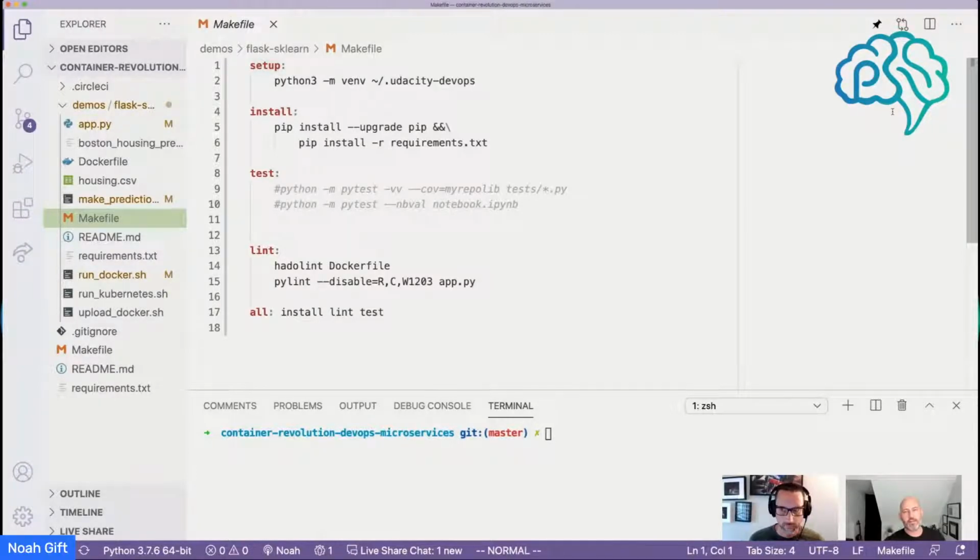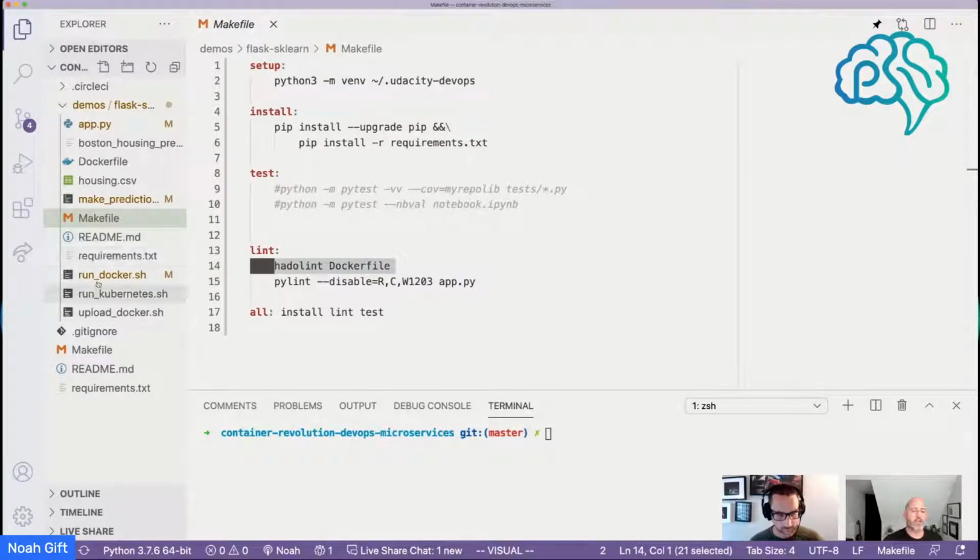And you can see here that a couple things might be interesting to somebody. Look, if I just run make install, once I've created a virtual environment, I can install all my packages. If I want to lint my project, I even have some linting for Dockerfile built in here using Hadolint. But these are all some ideas here that someone would use. And then if you want to do advanced stuff,